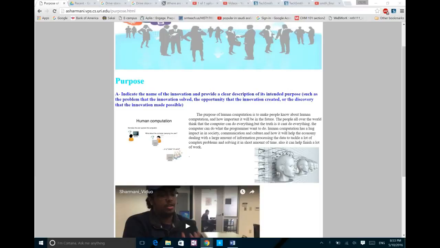The purpose of human computation is dealing with a large amount of information and processing the data and doing very complex problem and solving it in short amount of time. That help us as human a lot by doing it a lot of by dealing so many informations and fix it and edit it in very short amount of times. Like in this picture,